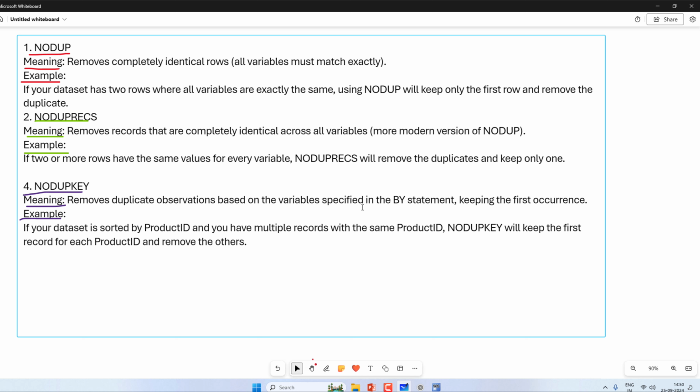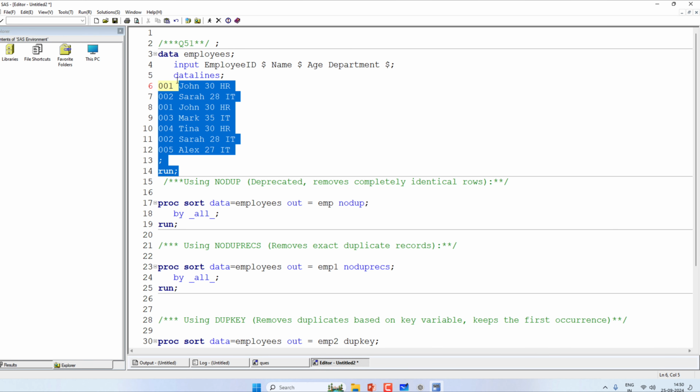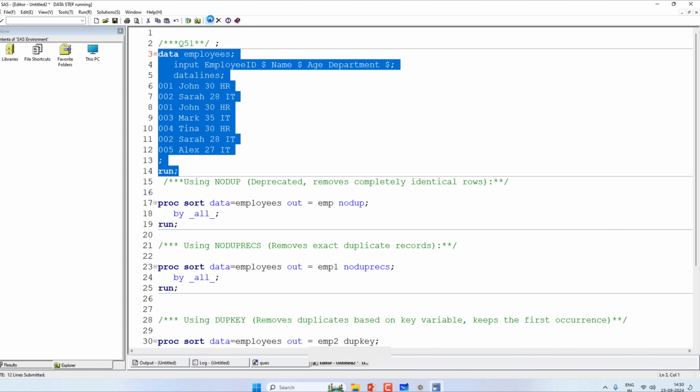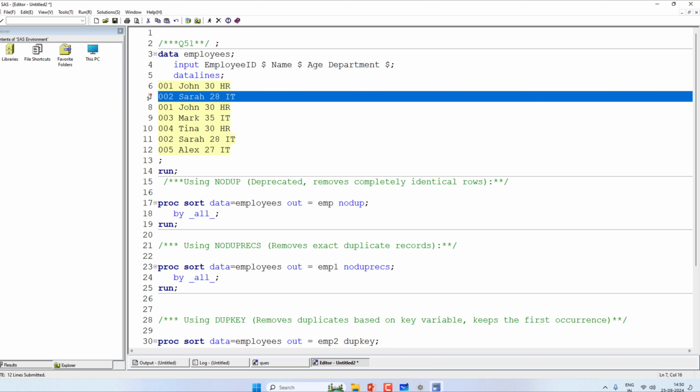For example, if you see here, I have written an example. I am taking the data set employee. In the employee data set, we have the variables employee ID, name, age and department. This is 1 row and this is 1 row.